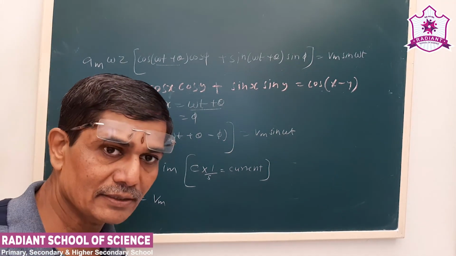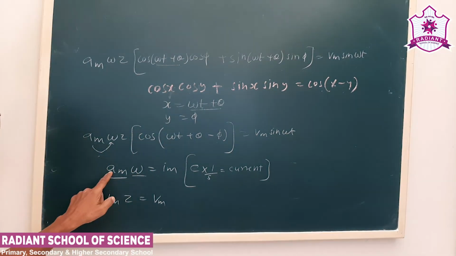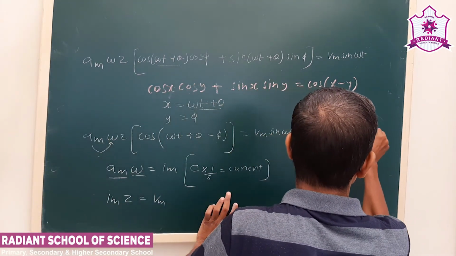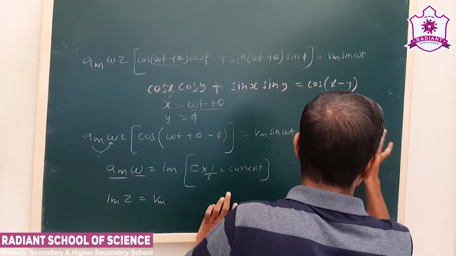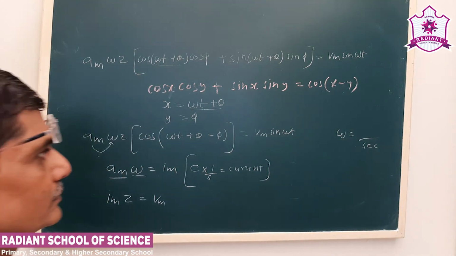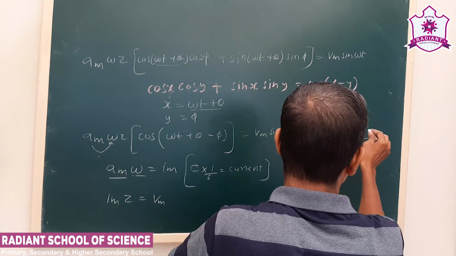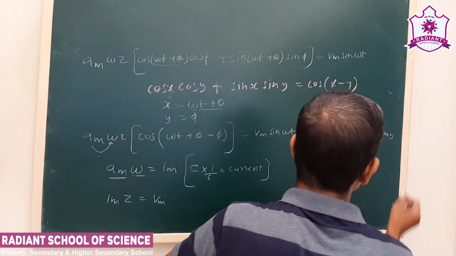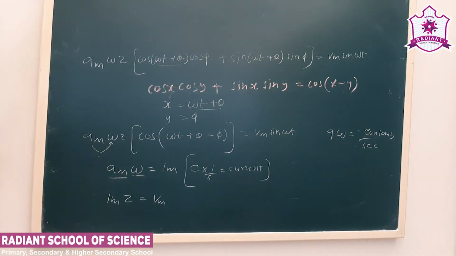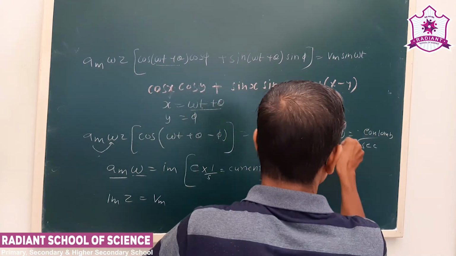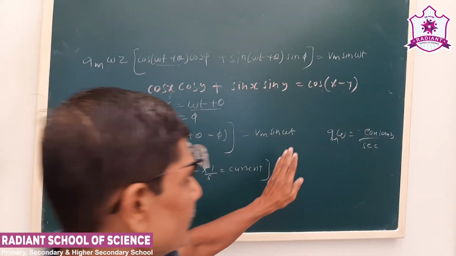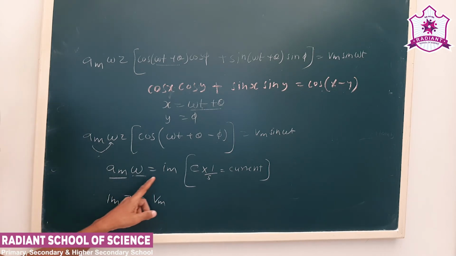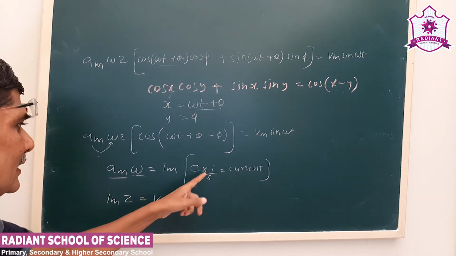Now how does it make current? See, what is the unit of charge? Coulomb. Omega is radian per second, that is 1 upon second. So q into omega is coulomb per second. So qm into omega is coulomb per second, that is nothing but ampere, that is the current. So that's why qm into omega is Im, which I have shown here.